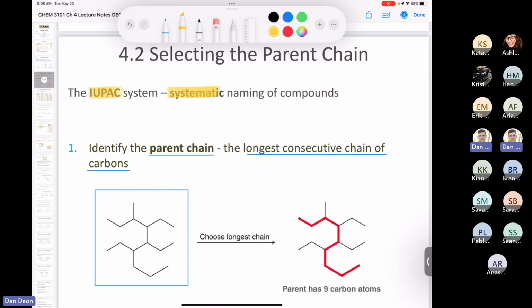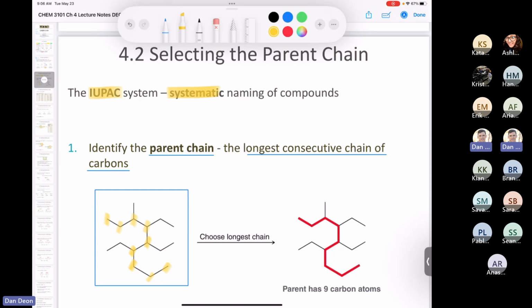Okay, so what you do is you say, well, maybe 1, 2, 3, 4, 5, 6. No, that's not that long. Hold on. What if we do something like 1, 2, 3, 4, 5, 6, 7, 8? No, that's not it. And then you see that the book has identified that we have 1, 2, 3, 4, 5, 6, 7, 8, 9. That is, in fact, the longest carbon chain. And if you're wondering, is that how I'm going to find it, just keep looking until I find it? Oh, yeah, that's how you're going to find it too.